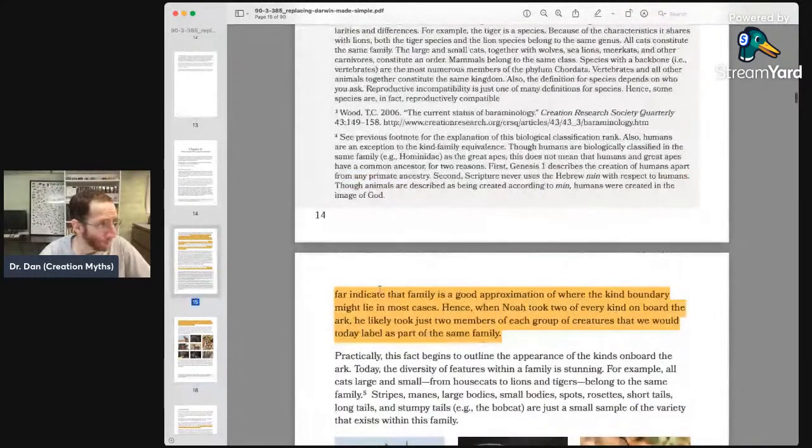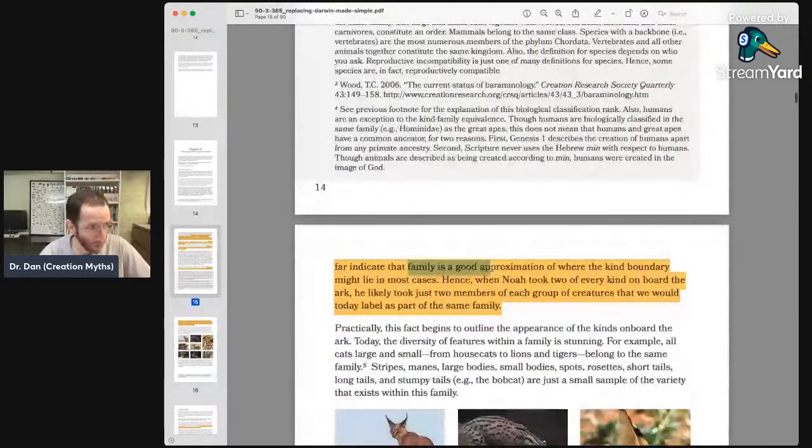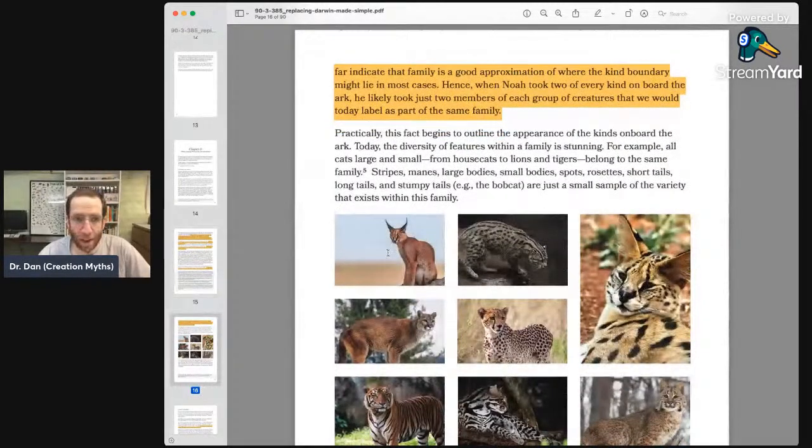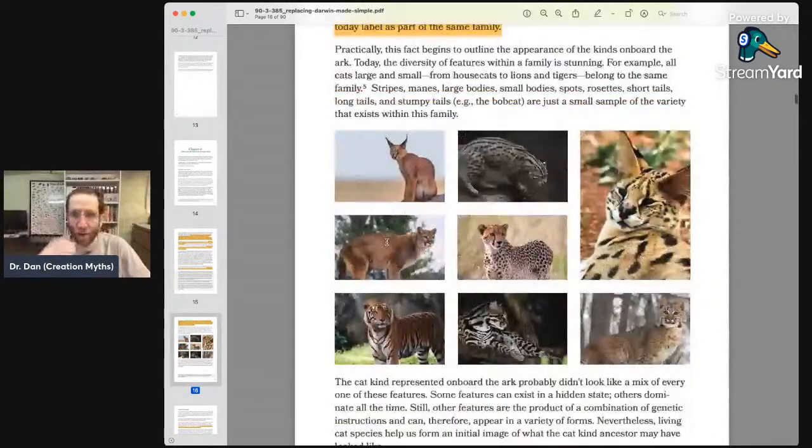That's true. But he says family is a good approximation. That makes no sense. You need speciation. That's way too fast. That's a bad argument. If family-level differences are the standard for what is a created kind, then taking the cats, for example, you need 30-something extant cat species. You need, I think, over 150 extinct cat species since the Ark. And you don't have 4,000 years since the Ark to get all those species. You don't even have 2,000 years.